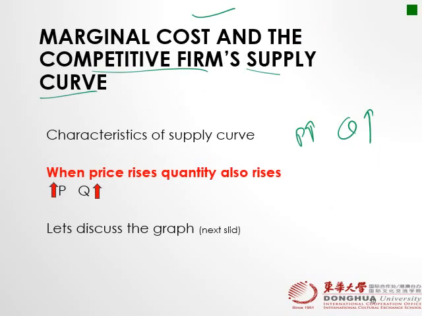So now, marginal cost and the competitive firm's supply curve. Now we are finding out what the competitive firm's supply curve is. So we know that supply is when price is high, it means quantity supplied is also high, right? So let's discuss in our